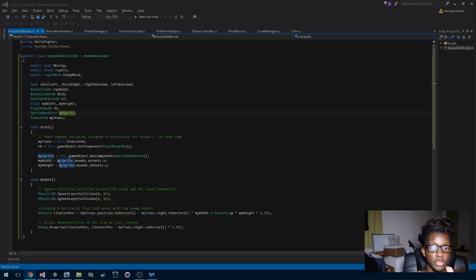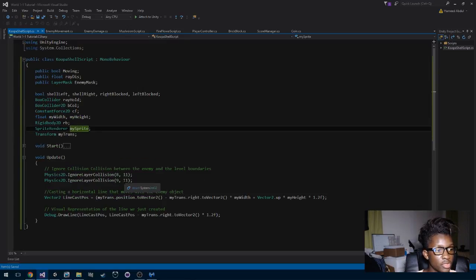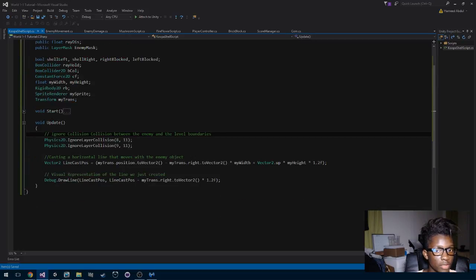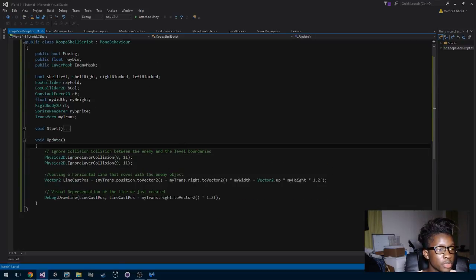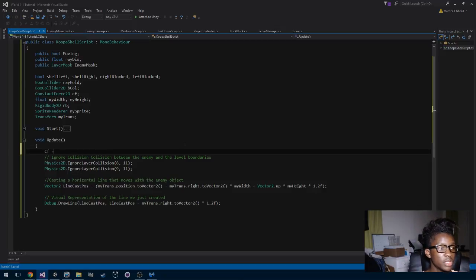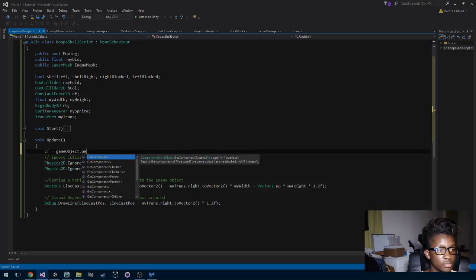So what we're going to do is we're going to go right into our update function, because everything that we need is in the start, so we might as well just close this. I'm going to zoom in just a bit. We're going to go right on along. So first we're going to define CF. So CF equals game object dot component